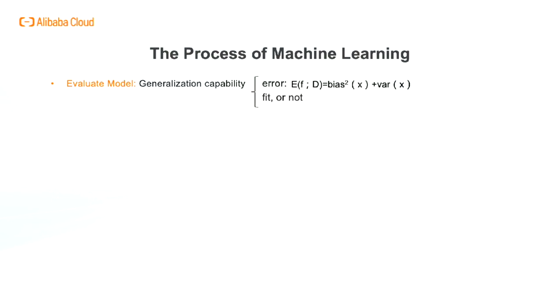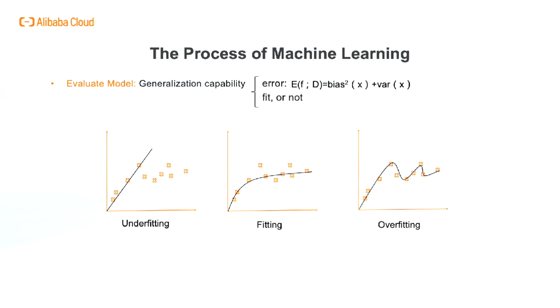As we can see from the figure, the value of the vertical axis tends to be stable with the increase of the horizontal axis value. The curve fitted in the first graph is a linear correlation between the horizontal axis and the vertical axis, so it does not fit the training data well, which is called underfitting. The second graph has a good fitting effect and is called fitting. Although the curve in the third graph passes through most of the points in the graph, its fluctuation is too sharp, so its fitting effect is not good, which is called overfitting.